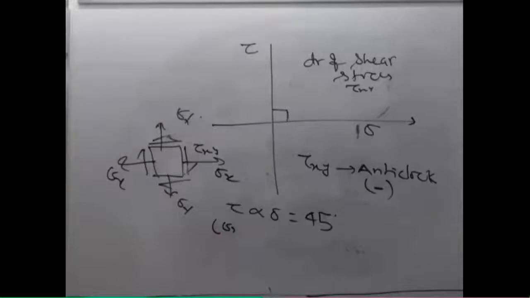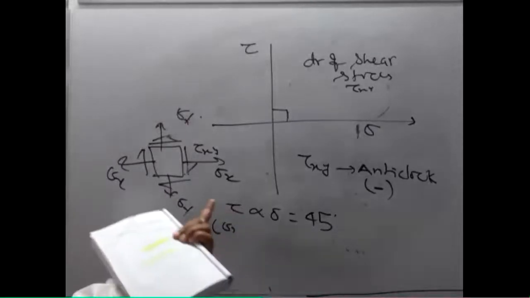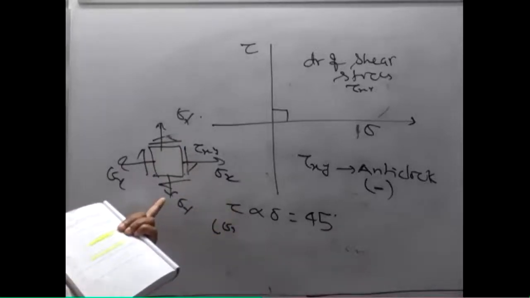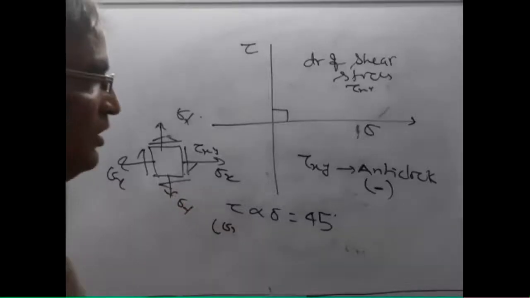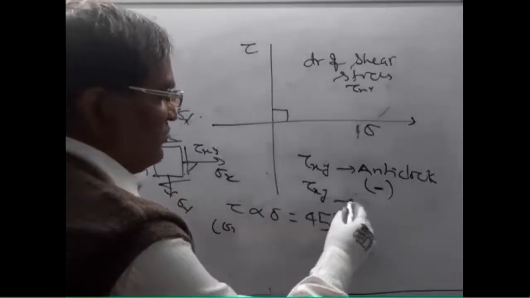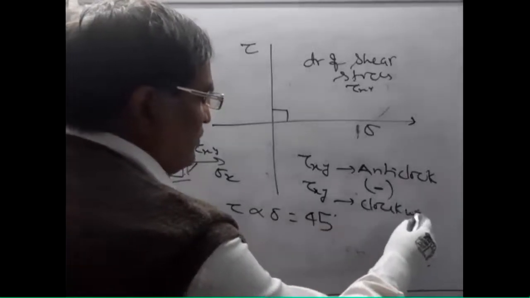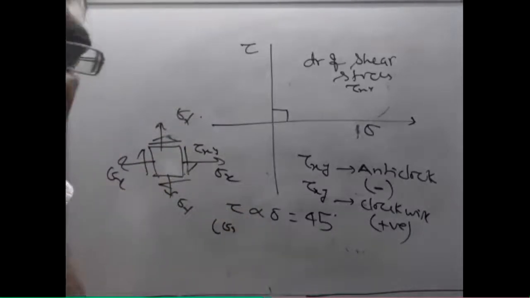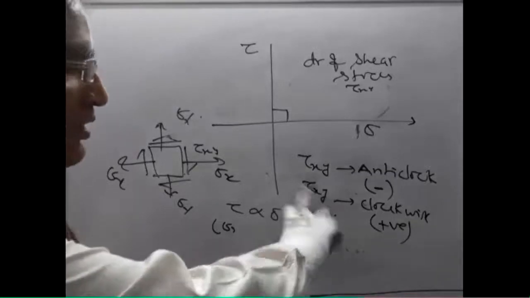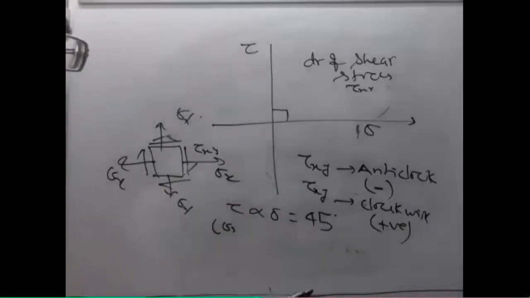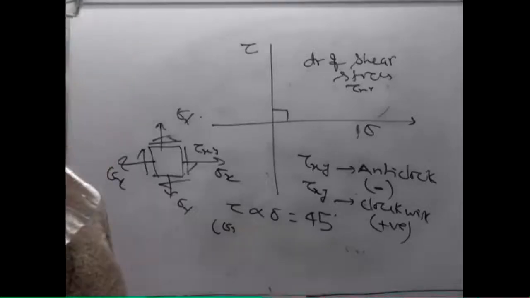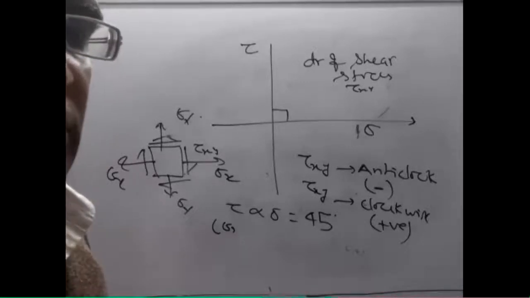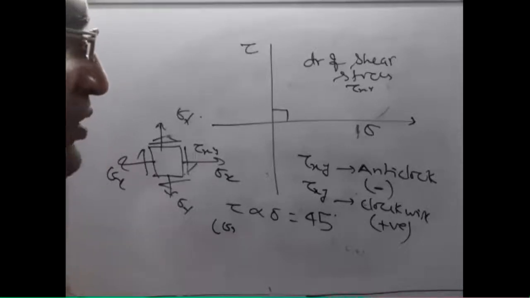Now, if you say no, I want to take the positive, obviously you can take anti-clock as positive. That will not make a difference as far as final answers are concerned. And the tau xy, if it is clockwise, then you have to take the positive. Right? So you keep it in mind. But if you do not agree with this sign convention, just go opposite. In many ways we will find that the clockwise shear stress is generally taken as negative, and the anti-clockwise is taken as positive.